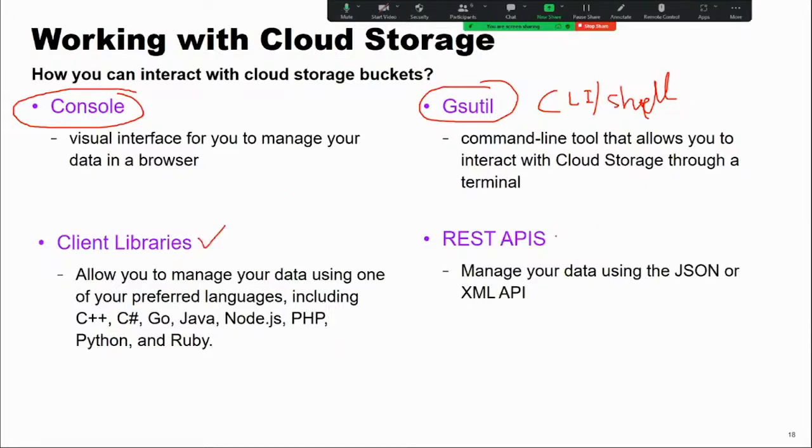And REST APIs can also be used to interact with Google Cloud Storage. So these are the options that we have. We have seen how to create a bucket from the console. We have also seen how to create a bucket from Cloud Shell, right? Cloud Shell is a command line tool. Your console is nothing but a web interface.